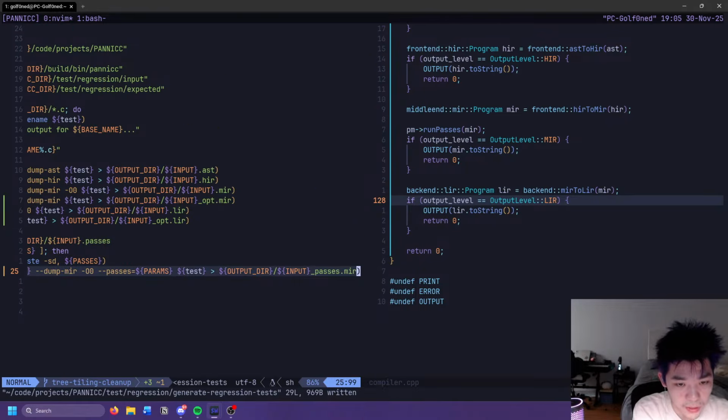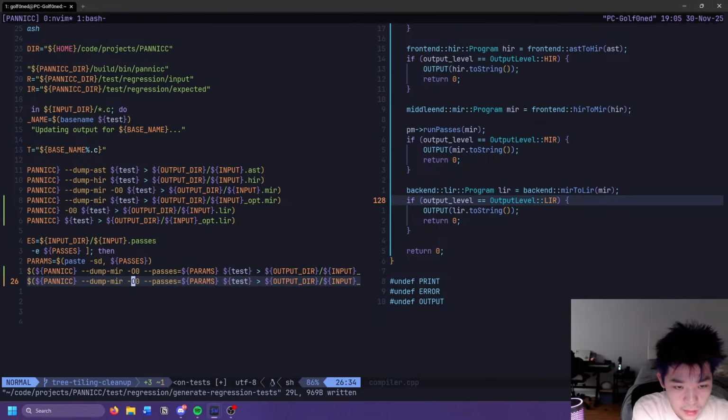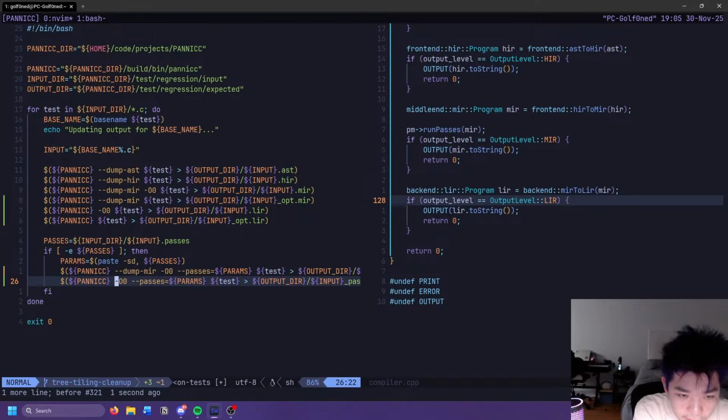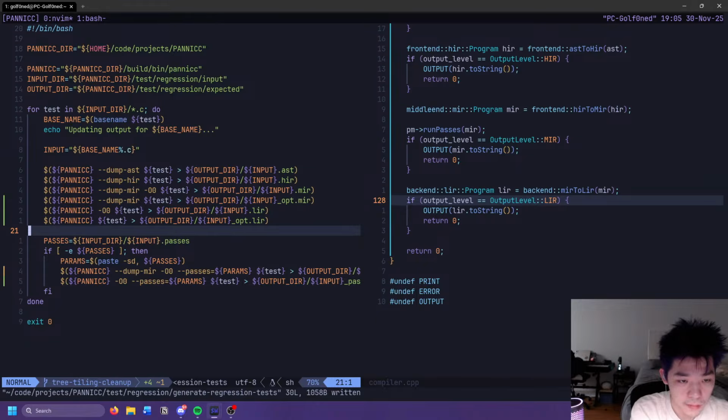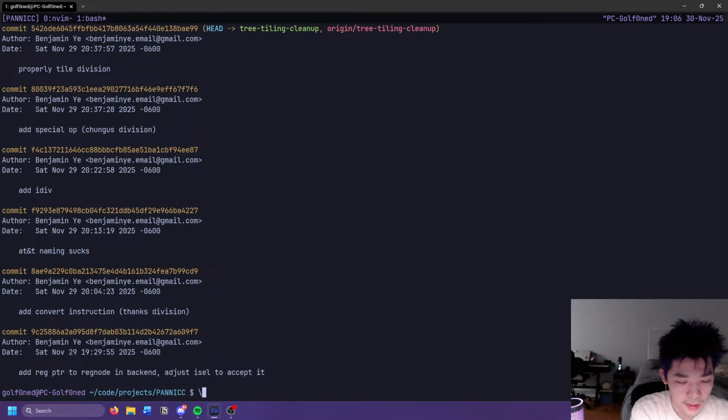And then we can do this. Instead of dump MIR, we don't delete everything. We delete that. We can do passes. And then we can do LIR here. Yeah, okay. So let's run